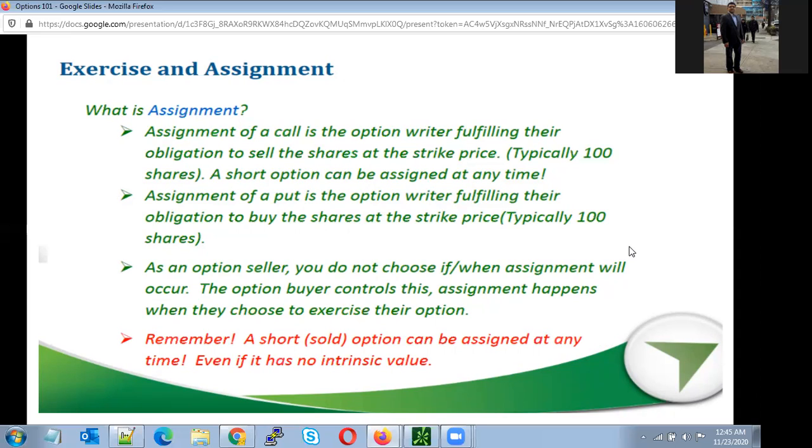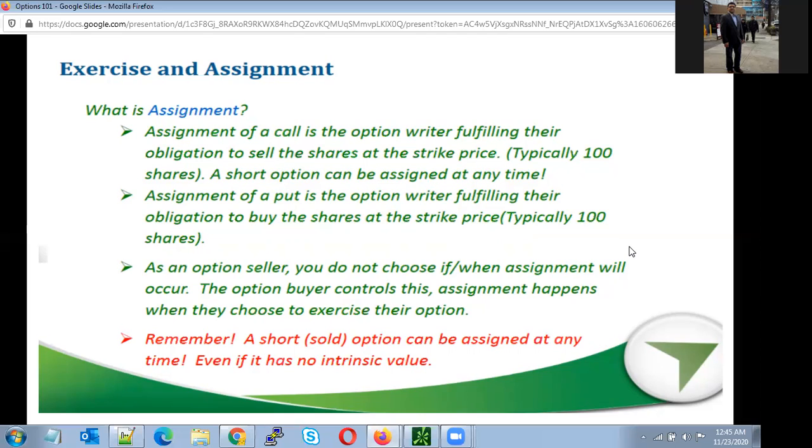Now as a put, there are two things. If you bought a put and you have 100 stock, and you want to exercise your option, you can give that stock away. You don't have to sell the put. Instead, you can go into the software and ask for assignment. So you can get rid of your stock and assign it to that person. That person has to buy that stock at that particular put price.